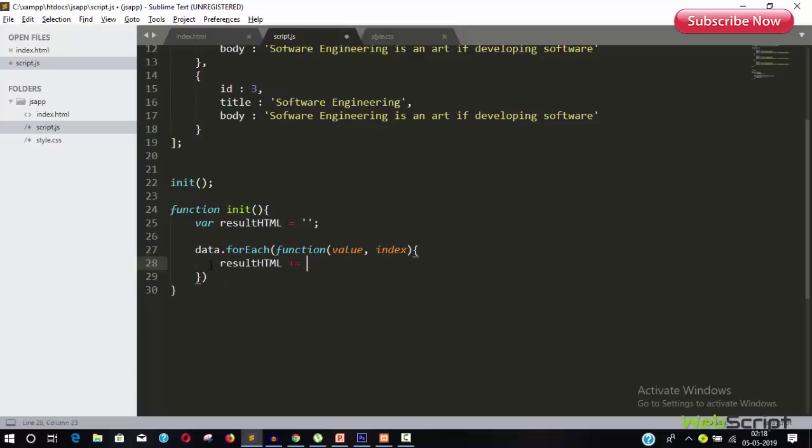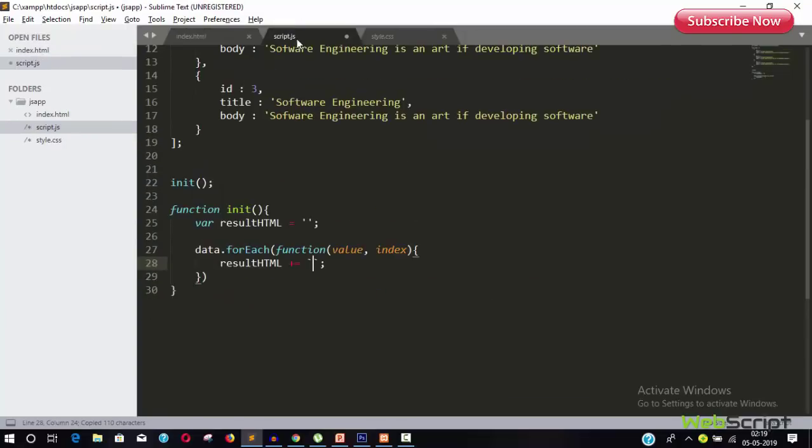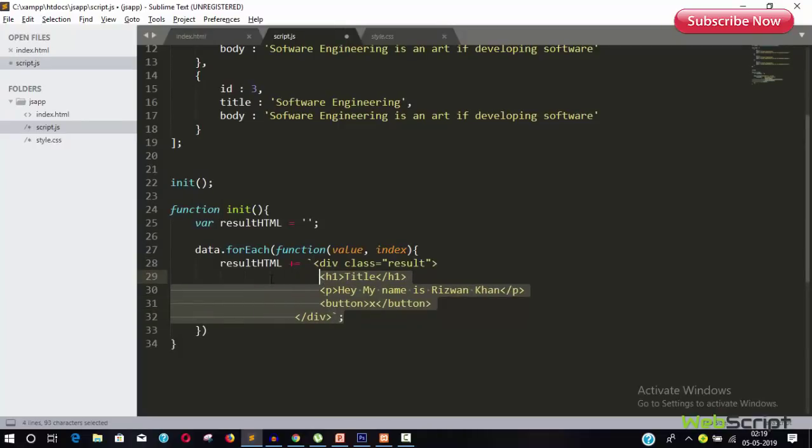And again I'm going to use ES6 syntax to print the string. So this is just two backticks below your escape key, or you can use the normal single quotes or double quotes, or whatever you are comfortable with. Backticks two times, just below your escape key, and then you can copy the index.html code from here, copy and paste over here. Okay,